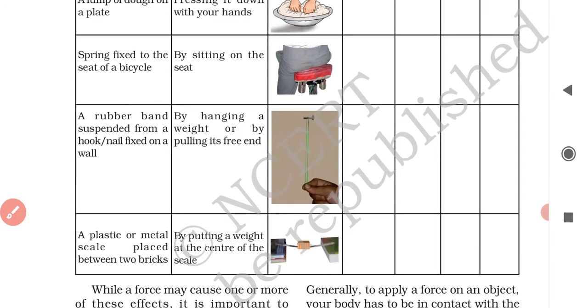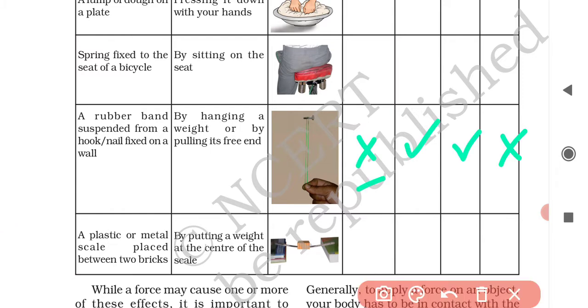Third situation, you see a rubber band suspended from a hook or nail which is fixed on a wall. So how to apply force on the rubber band? By hanging a weight or by pulling its free end. In the picture you see the free end of the rubber band is pulled with a finger. Okay, it has been shown here. So again, is there any change in the state of motion?